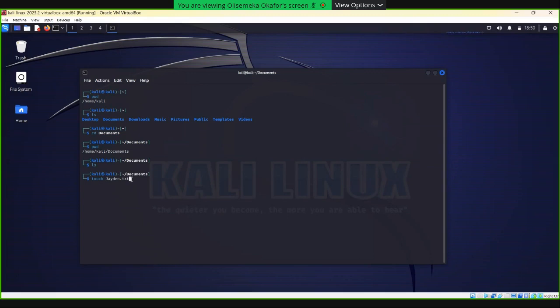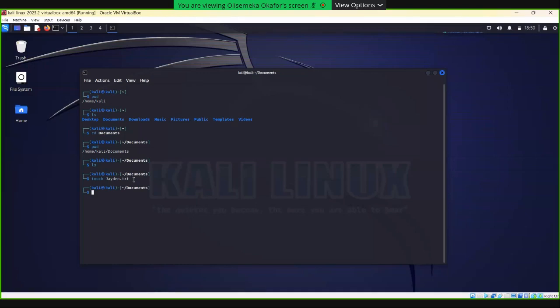So the .html at the end of the file name makes that file a file you can view on the internet, makes that file a website. So that's why file extension names are very important. So now we're creating a text file and .txt comes after our file name. So let's press enter and see.